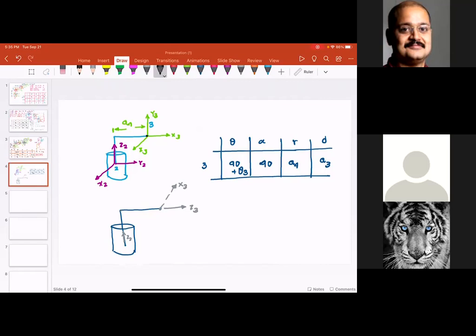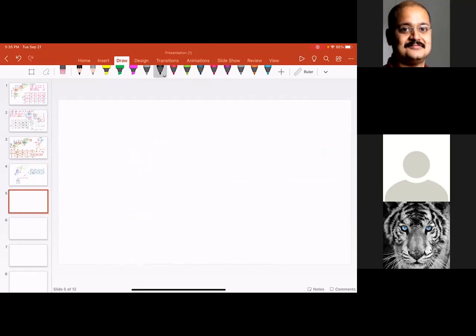By the way, assignment number 3 has been postponed by 10 days. So that should give you some time to build the robot. But please make your own robot. Okay, because when you take a picture of that robot, we need to see your name engraved or printed or scratched, something like that, on your robot. So you should not be using the same robot. The idea is you build a robot and then see forward kinematics and inverse kinematics. Okay, let me set up the inverse kinematics problem.